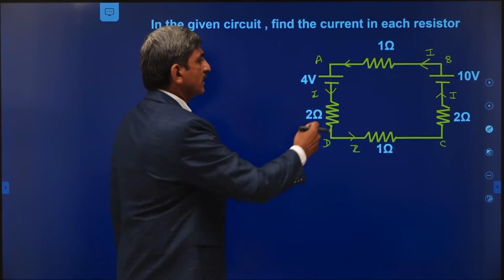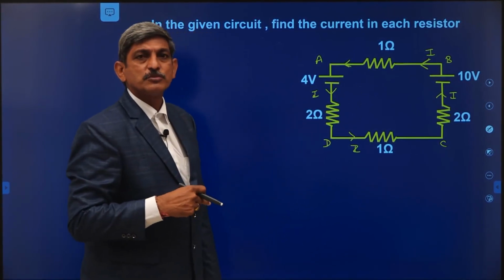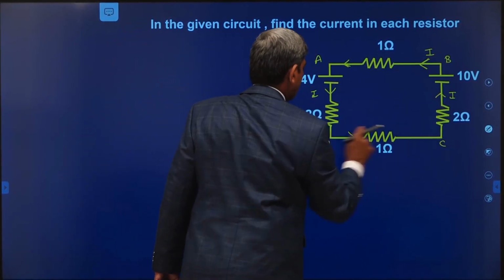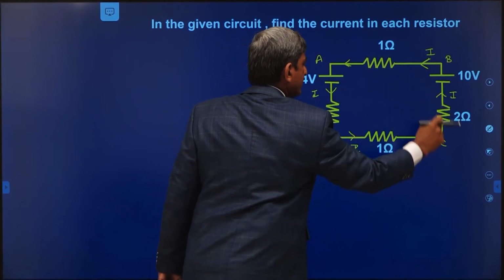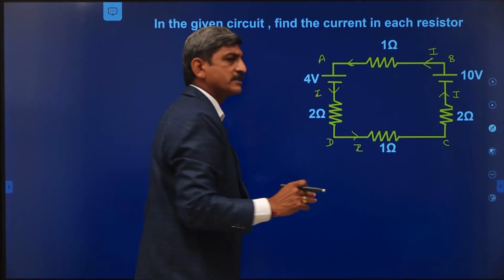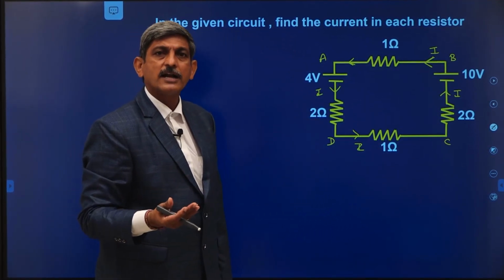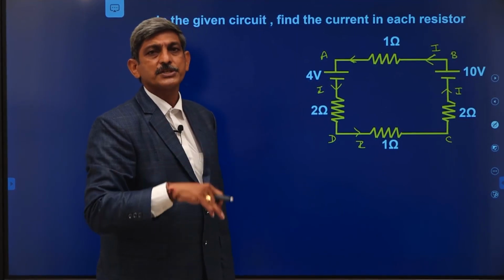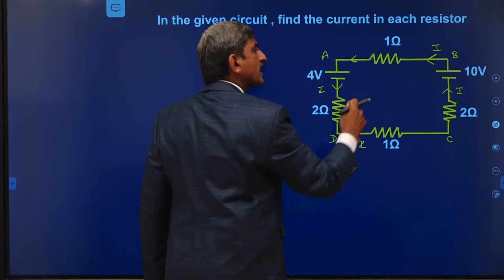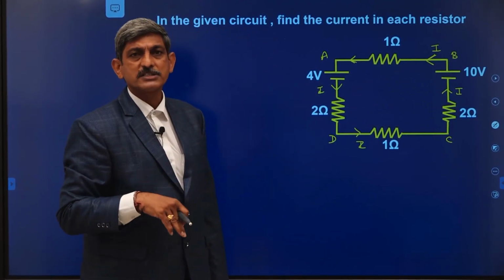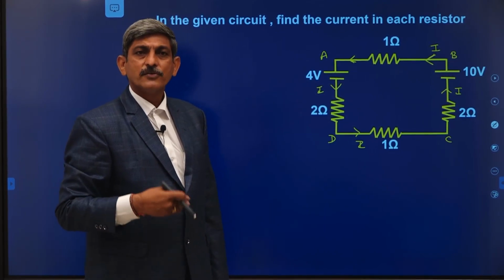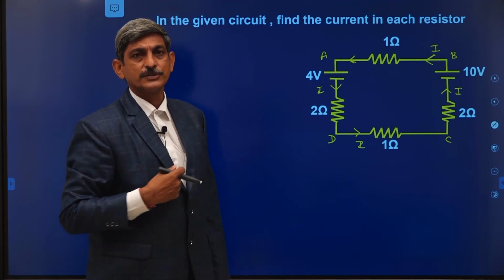Now, in the next step we have to assume the loop. Here, the loop may be taken from A, B, C, D, A, or from B, C, D, A, B, or from D, A, B, C, D like that. That means the loop may be started anywhere and it must end at the point where it starts. The loop may also be taken in the clockwise or the anti-clockwise direction. It is also our choice. Whether we take the loop clockwise or anti-clockwise, we get the same answer at the ending of the solution.